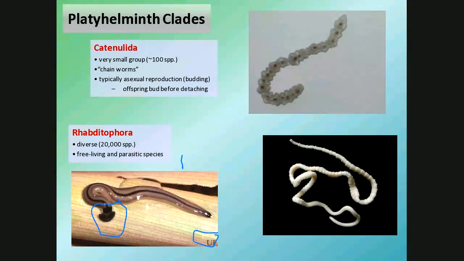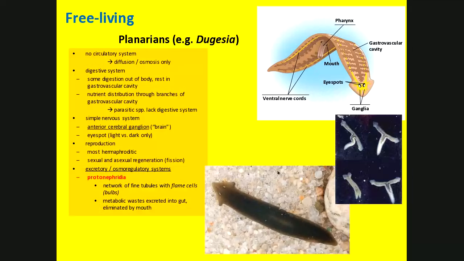These are tapeworms. And tapeworms, notice, have these divisions. It's not segmentation the way we've talked about segmentation, but it's kind of like the chain worm. And we'll get back to the tapeworms in just a minute. They lead a very interesting life. Let's go with the free-living ones first. The planarians. Dugesia is the one we'll look at under the microscope, the more common planarian.